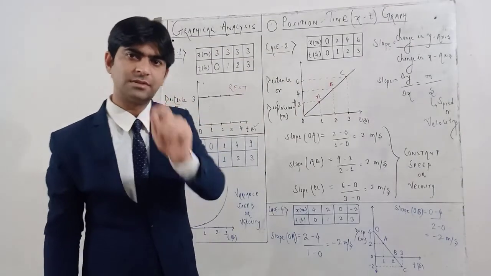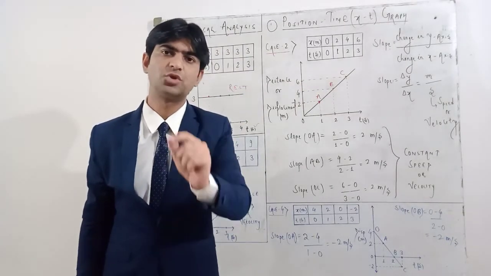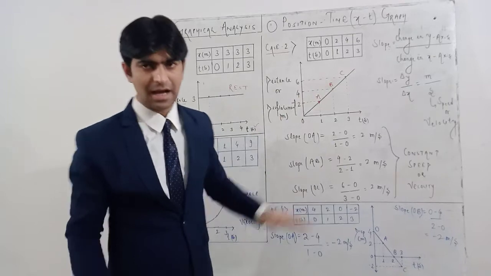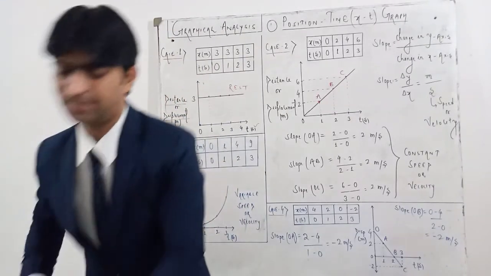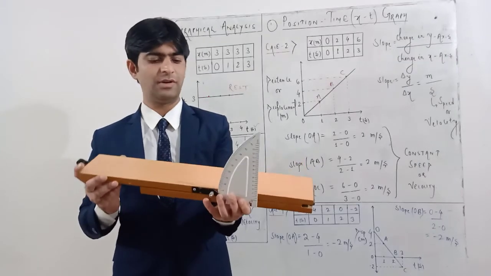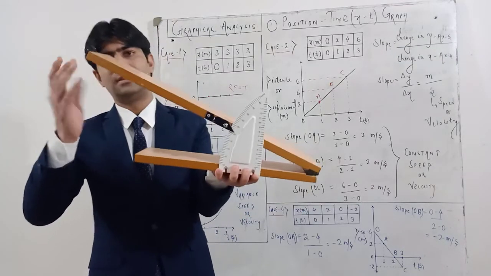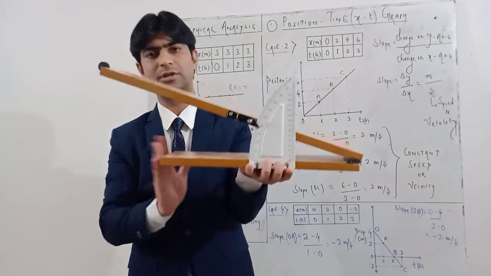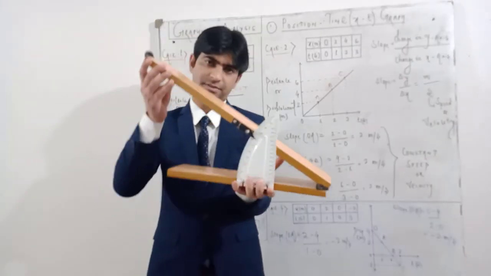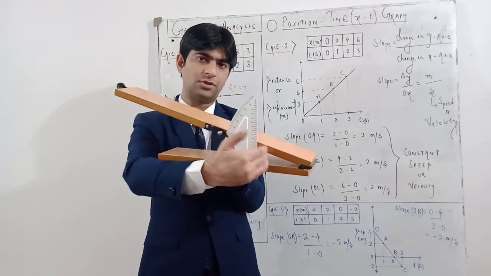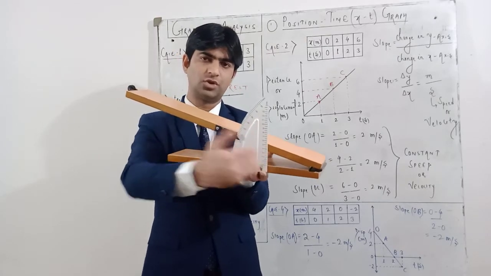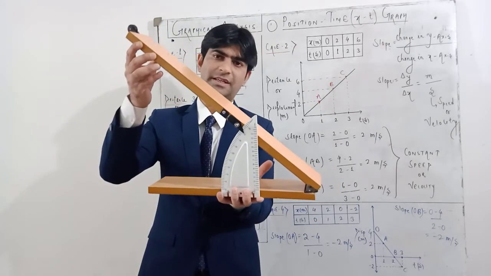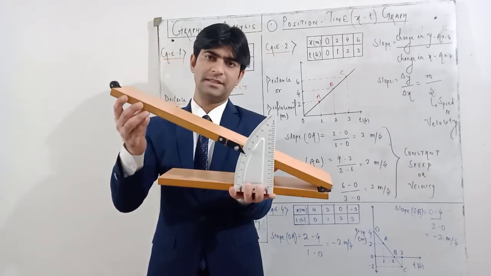So here we are going to discuss a very important concept, the calculation of slope. Now what is slope? I have an inclined plane to explain the general meaning of slope and how it can be calculated. This inclined surface is making a certain angle with respect to the horizontal surface. This angle is actually called slope. If I increase the angle, I may say that the slope is increasing. If I decrease the angle, I may say that the slope is decreasing.